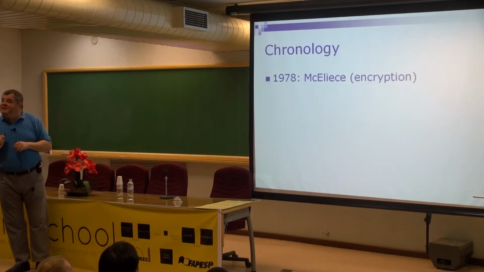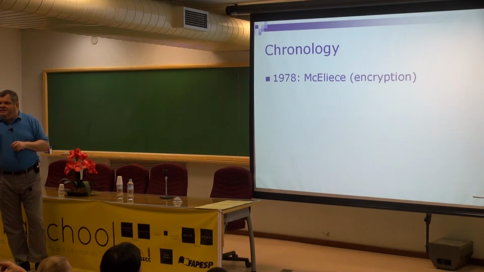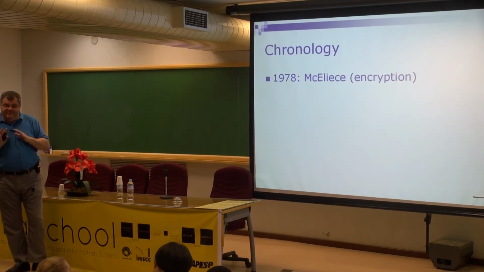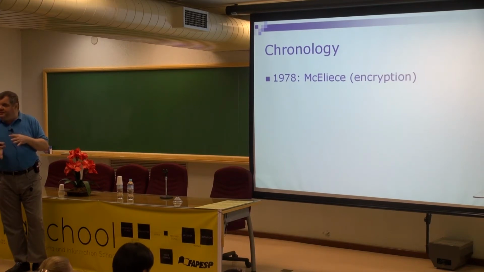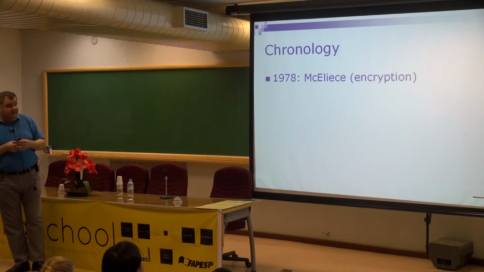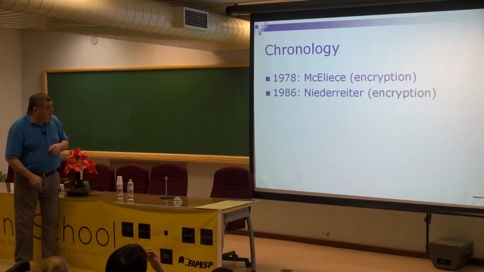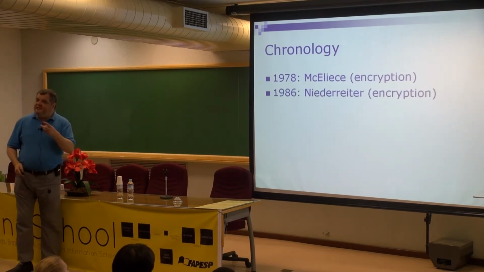As I said, the McEliece crypto system, which can do only one thing. It was devised to encrypt information. It's not suitable for digital signatures or anything else. It was invented in 1978. In 1986, a second